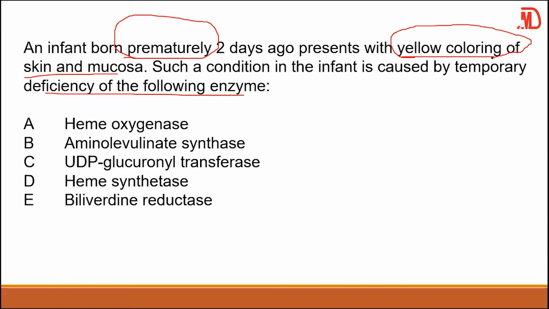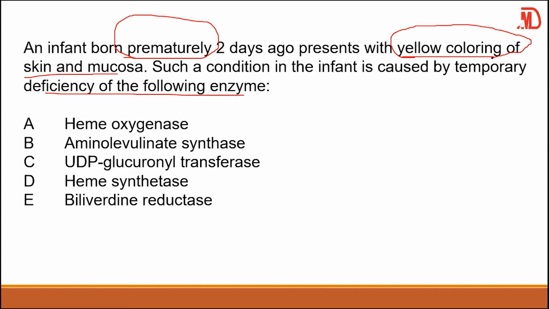But jaundice is because of increased amount of bilirubin. Bilirubin, of course. So don't forget bilirubin. And don't forget we said that it can be conjugated or non-conjugated depending on the mechanism of the jaundice development. But for a premature baby, what we are likely to find is